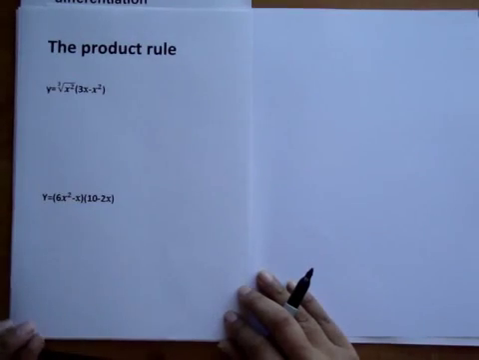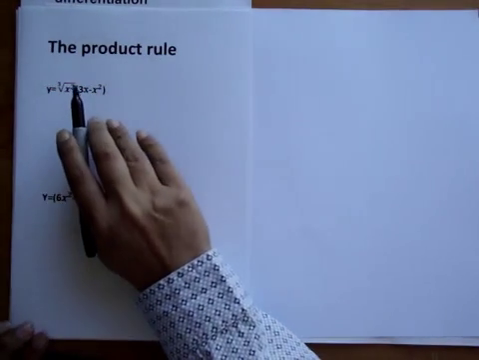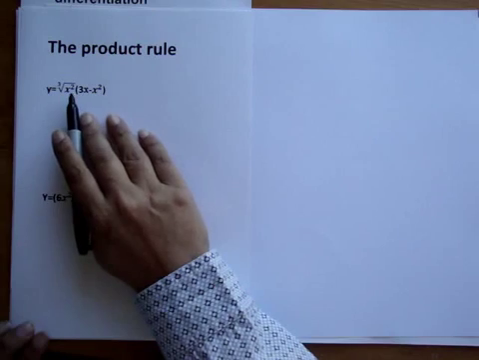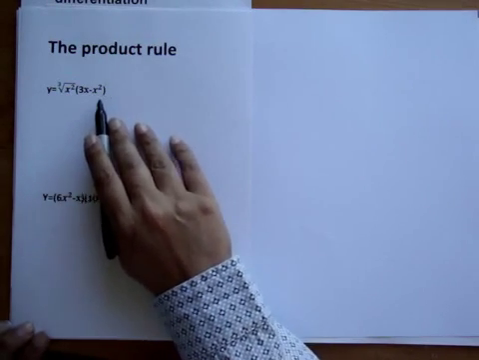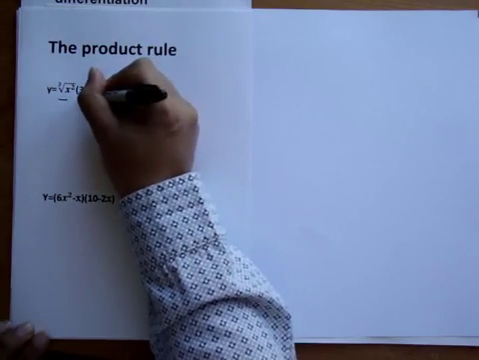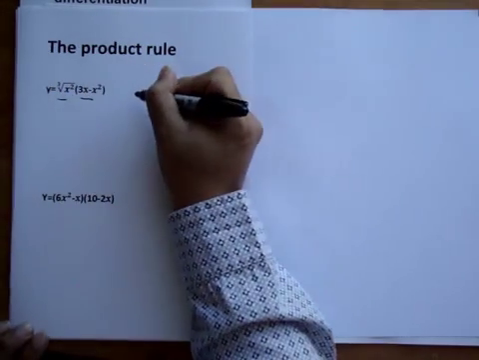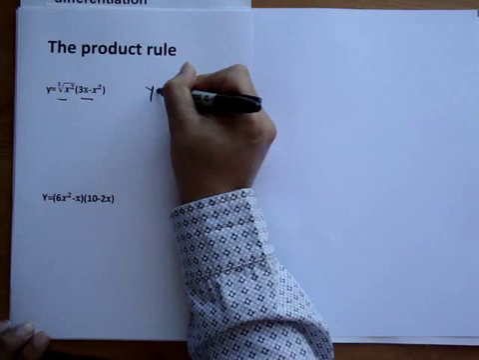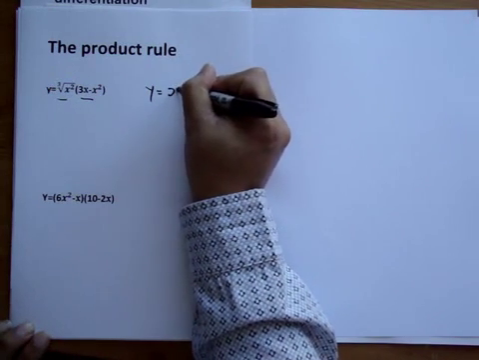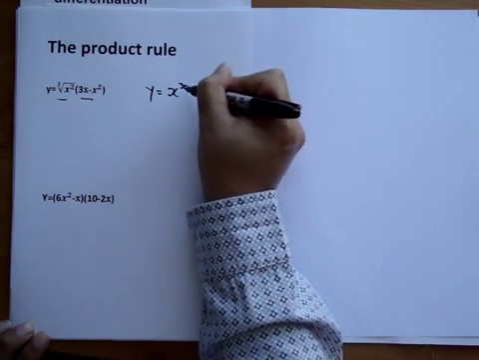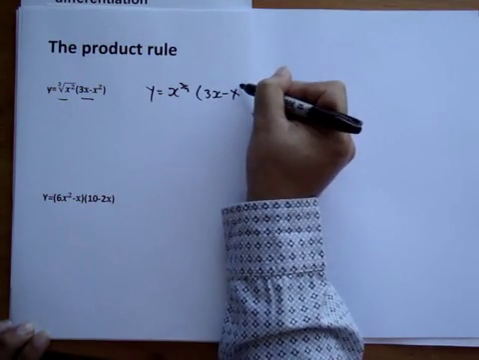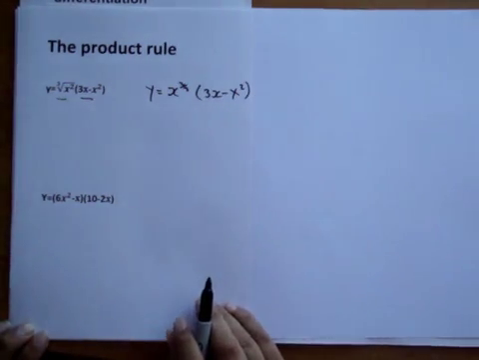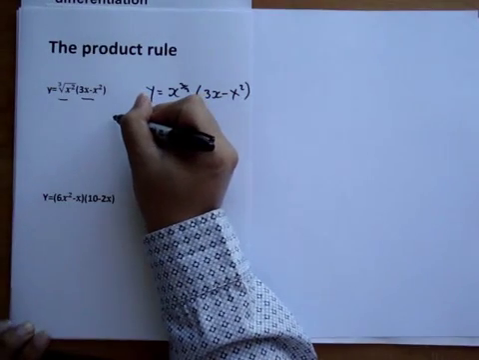Okay, let's go over some examples of using the product rule. So here we have a product. So this is this function times this function here, so two functions. So y is x^(2/3) multiplied by 3x minus x^2. So y prime